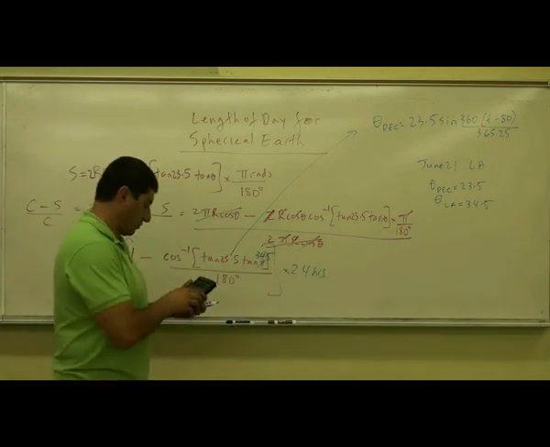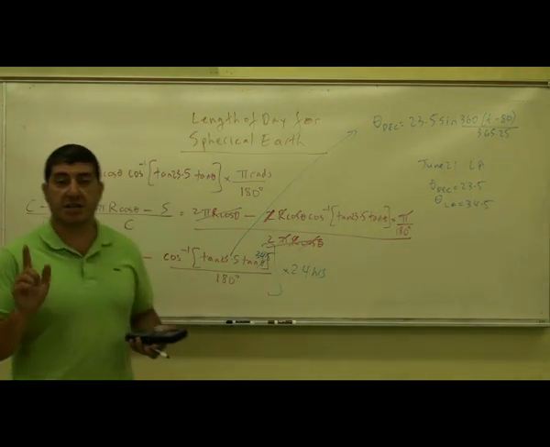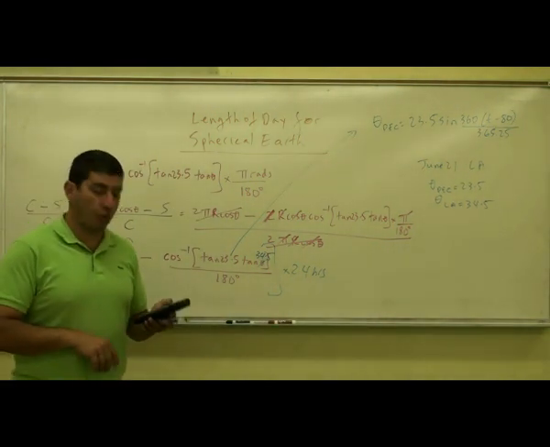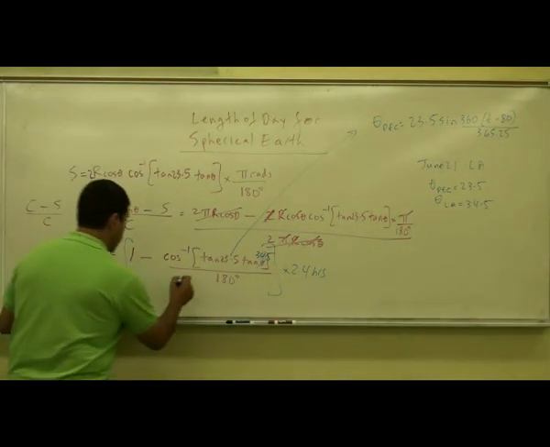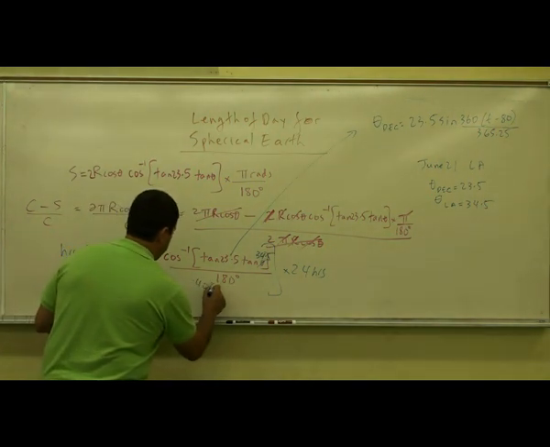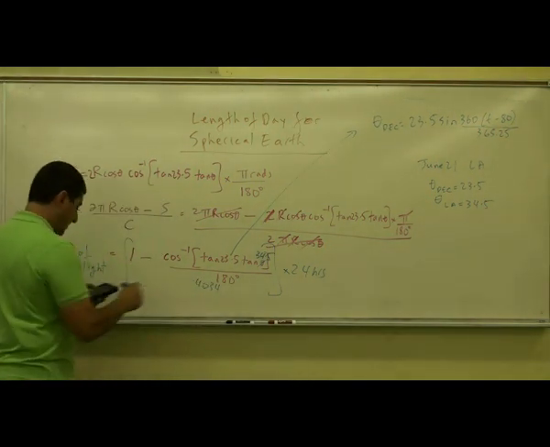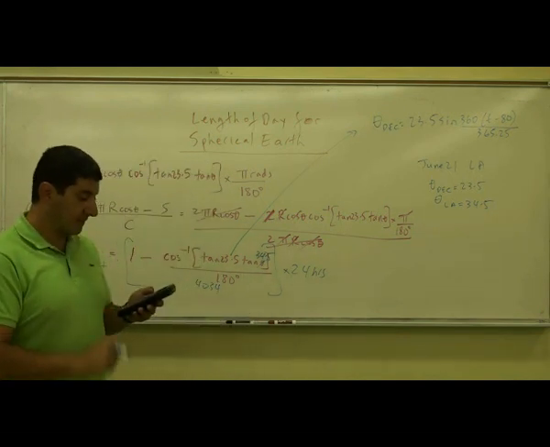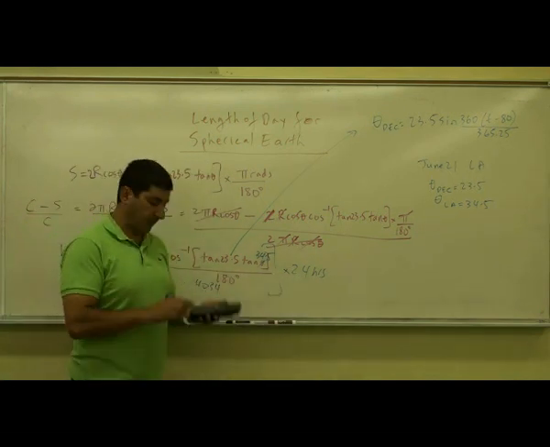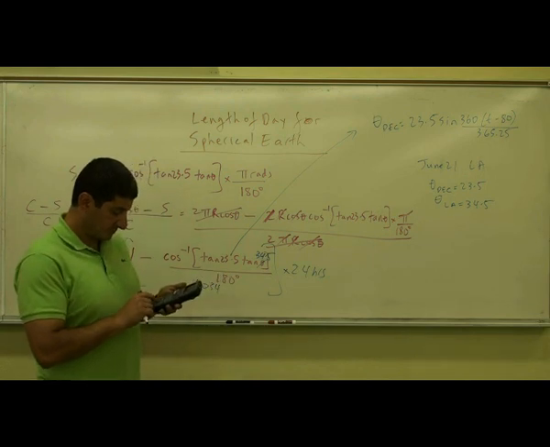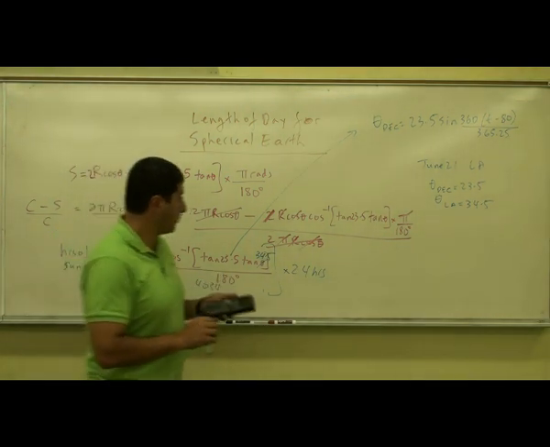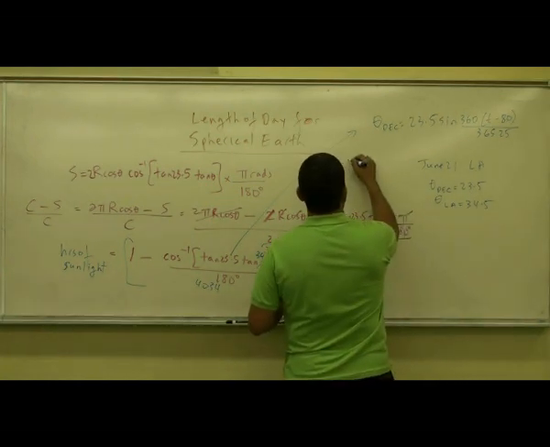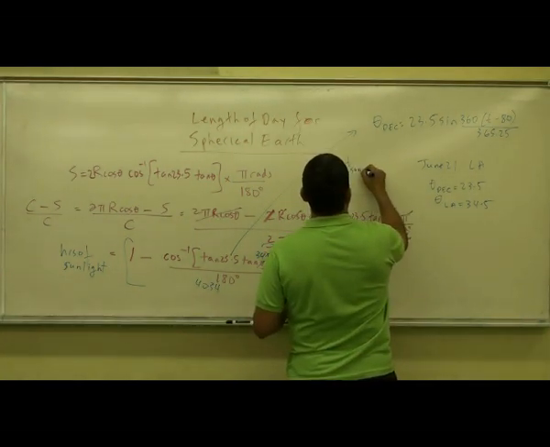So let's see what we get. You have to make sure when you're calculating this that you are in degree mode. You get 0.4034. 1 minus that, 0.5965 times 24 hours, 14.3. So the number of hours of sunlight,